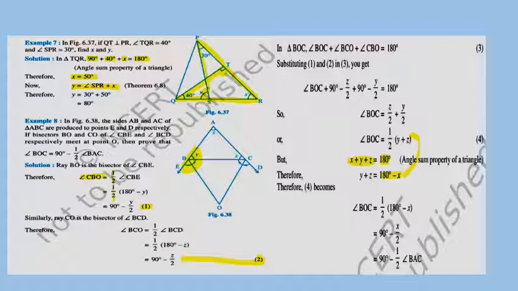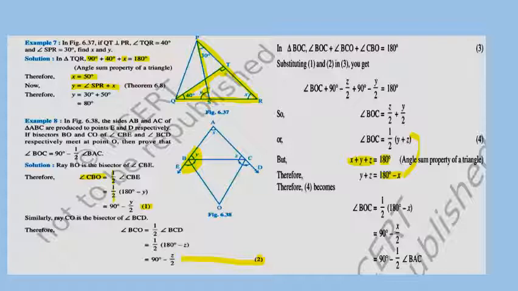Now see here in the triangle ABC. Triangle ABC means which three angles are there? Angle X, Y and Z. Angle X plus Y plus Z equals what? 180 degree. That means y plus z equals 180 minus x. Substitute this value here in equation 4. You will get BOC equals 90 minus x upon 2. And what is x? X is nothing but angle BAC. In this way,